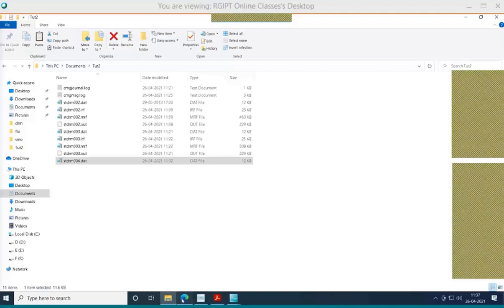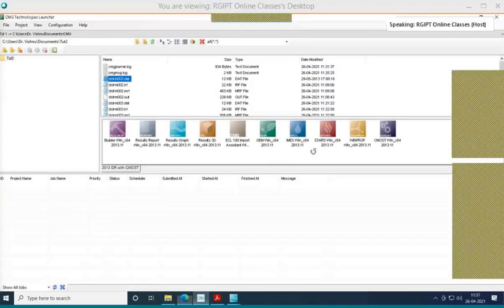Okay, now we have created this fourth file. Now moving to the wells. Those 2 wells are there, and I will show it in 3D view. Okay, this was our initial model. Only this corner one was there, and the producer and injector, that means the injector is over here and the producer is over here.